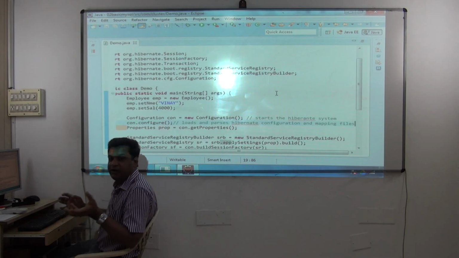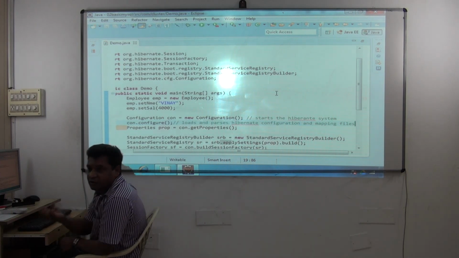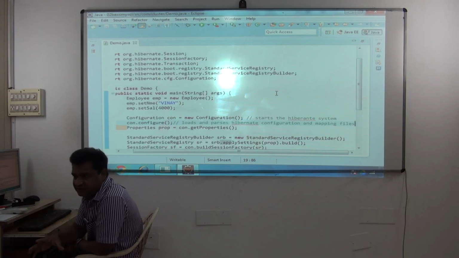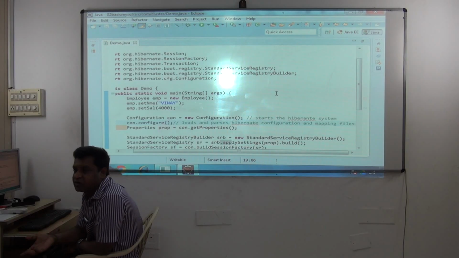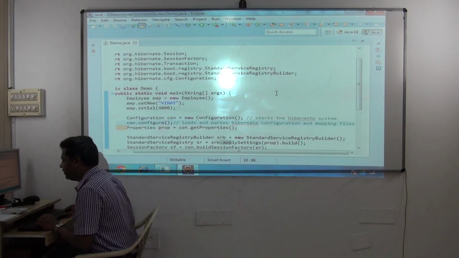See, only the Hibernate system got started when you said Configuration con = new Configuration. After starting the Hibernate system, I have to read the values from the XML file. So that's why I call the con.configure method. It will load and parse. Parsing is nothing but reading. So the configure method is going to load the XML file and parse, or read, the XML file. Then next,